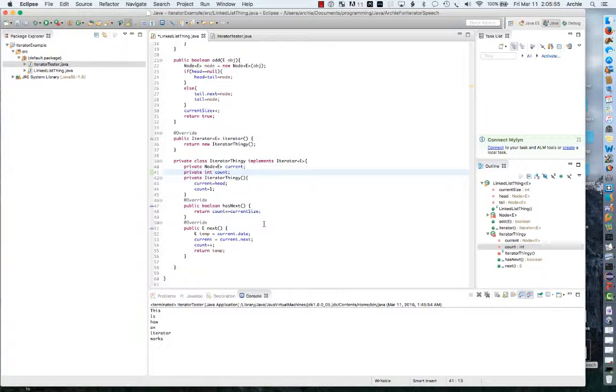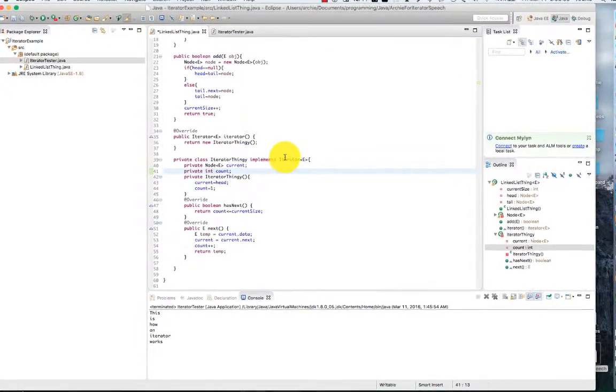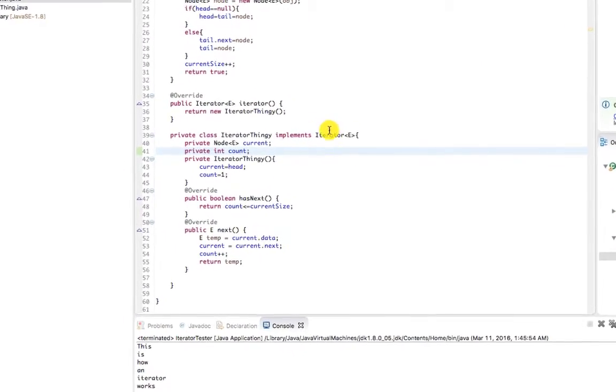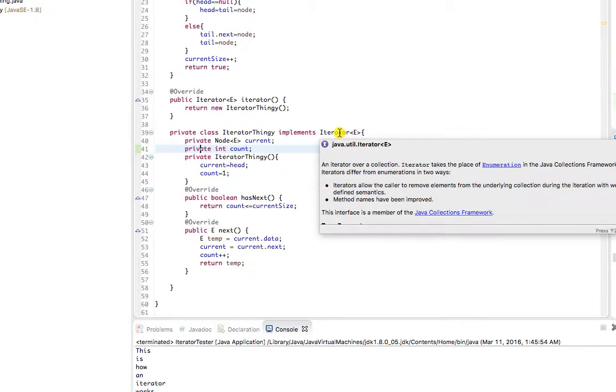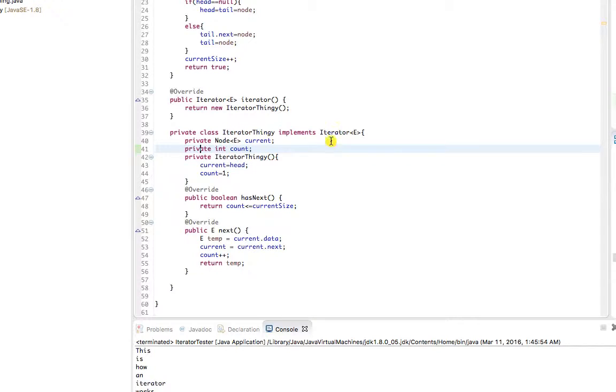Okay, so what I have done here is write a nested class inside of our data structure. Now, this nested class is an iterator, and it is an iterator because it implements the iterator interface. The iterator interface, as you recall, needed two methods to make it complete, the hasNext method and the next method. In order to make these two methods work, I had to set up some